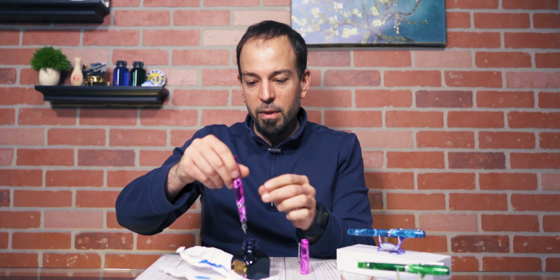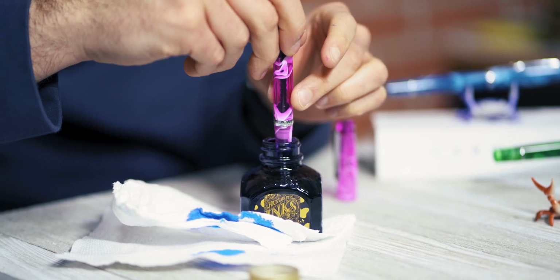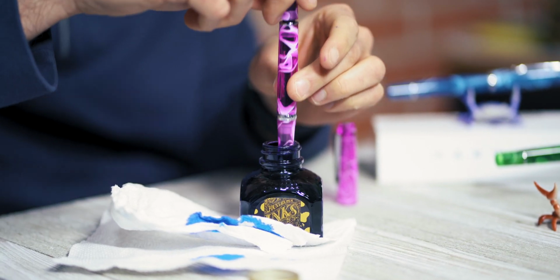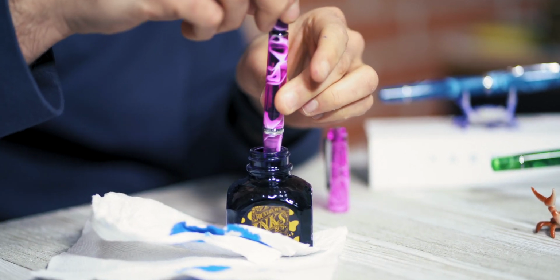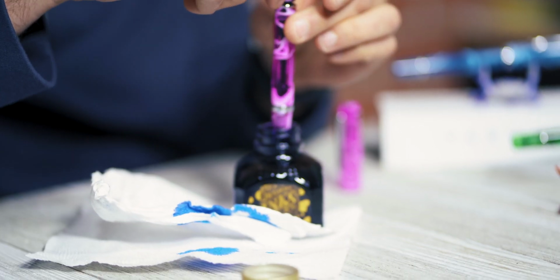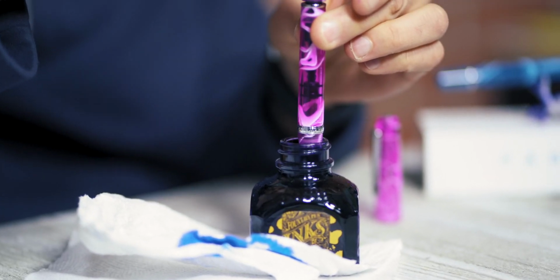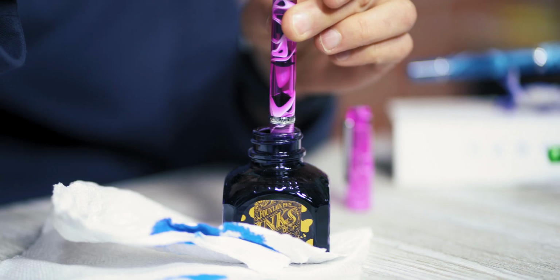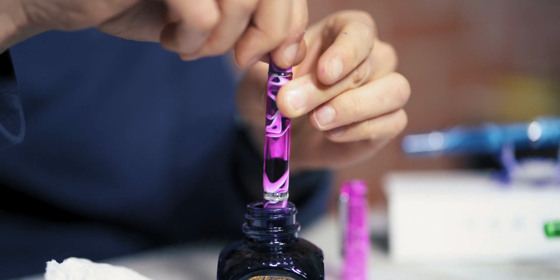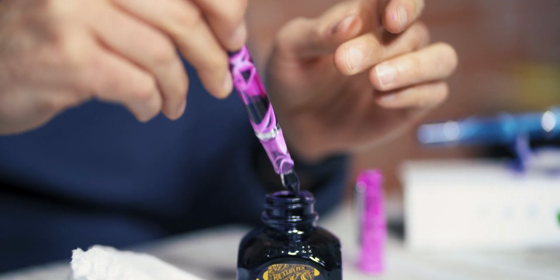And we're going to remove the cap of the ink. Then we're going to submerge the nib up to the level of ink, right at the point where the nib meets the section, and then we're going to draw up by turning clockwise. And you can see we're getting ink in there, but we have a bit of some air, and we can remedy that